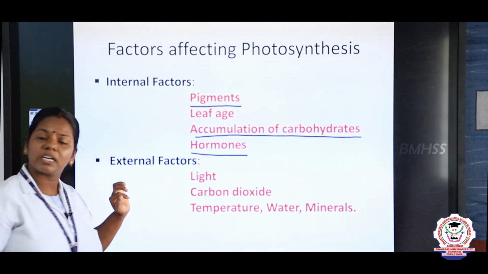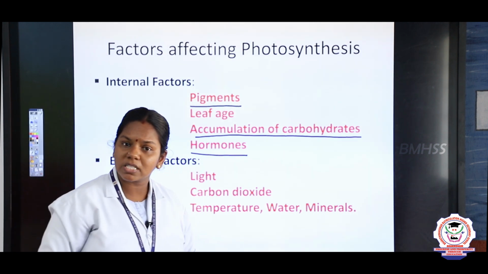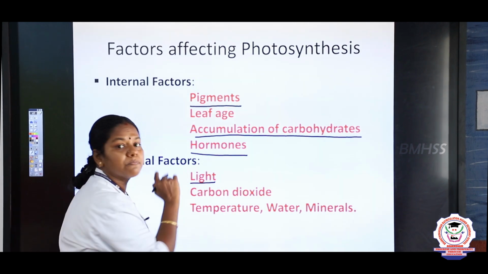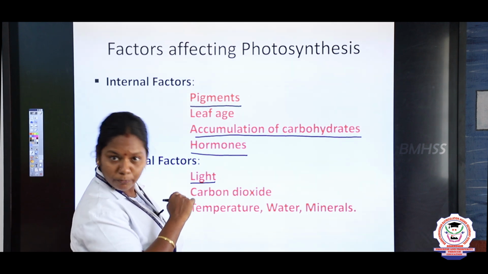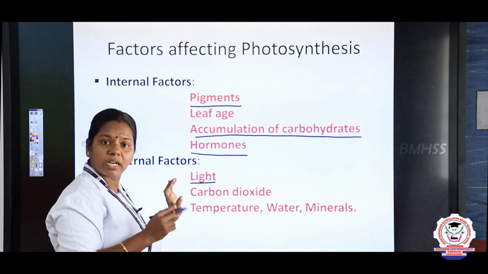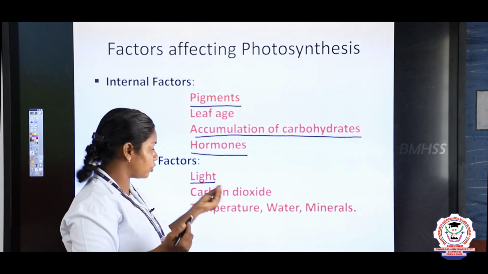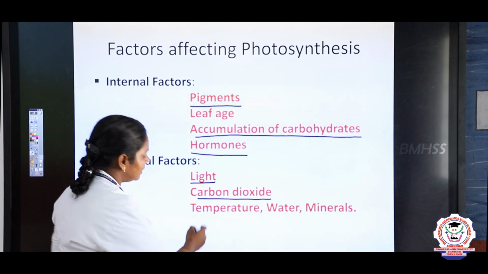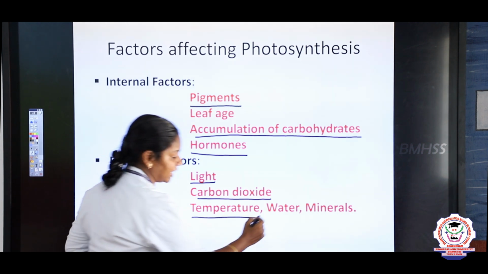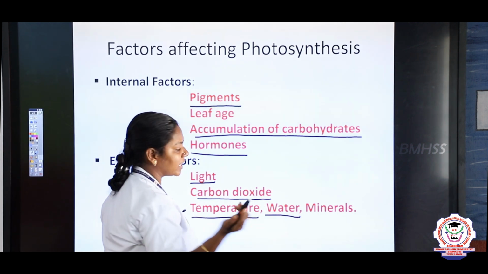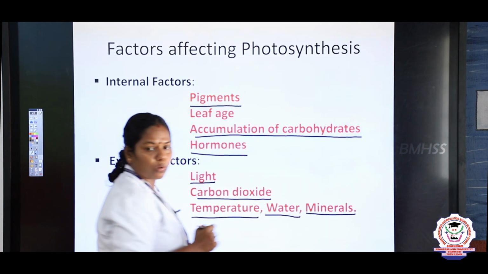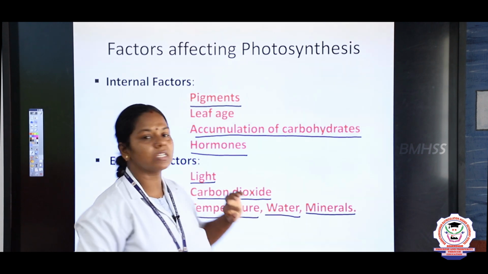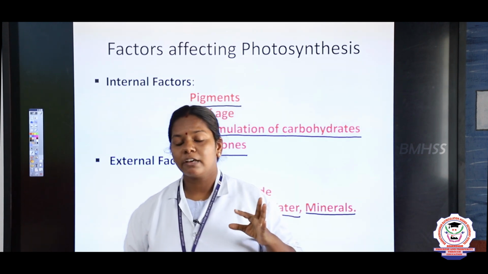Yes. And now we are going to study the external factors. What is an external factor, children? Yes, sunlight, temperature. Yes, light. Light is an important thing necessary for photosynthesis. So if light is absent, the rate of photosynthesis will be very slow. Carbon dioxide is also needed, and temperature is an important factor, and in the absence of water, photosynthesis cannot take place, and minerals present in the water are also necessary for photosynthesis. So it's an important question, children, internal and external factors, right?